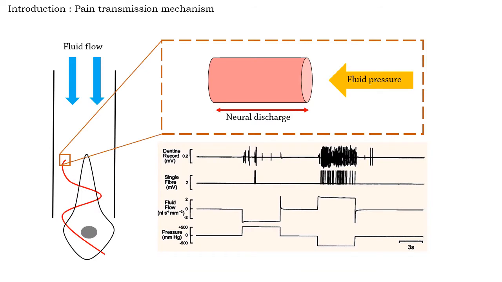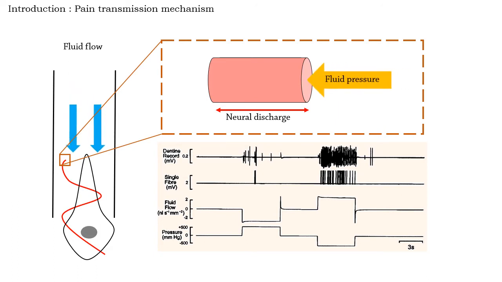And the tubule is filled with fluid, so whenever outer stimulation is exerted, it flows. This flow creates a fluid pressure, which presses the nerve fiber back and forth. This neural discharge creates pain sensation to your brain. As the pain sensation is fluid dynamics, this flow will highly depend on tubular shape. However, the accurate shape of the tubule is hardly studied, so in this project, I used two-photon microscopy to achieve better